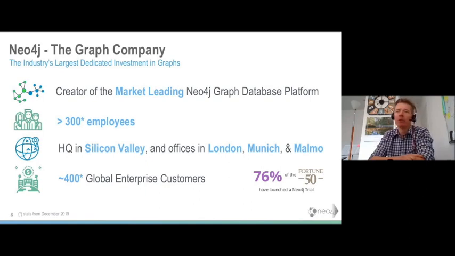Although we started out 10 years ago working with smaller and more innovative companies, where we do most of our business today is with Fortune 500 or Fortune 1000 companies, global enterprises. The global enterprise space has definitely discovered the power of graph databases, and we have enormous traction in that market. A lot of attention there.